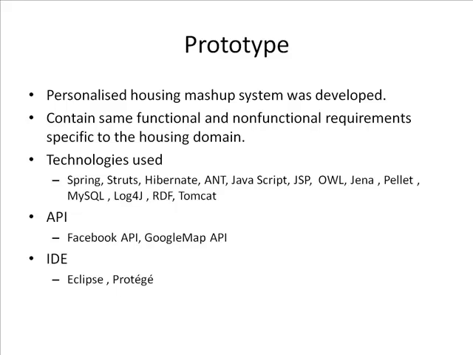A prototype mashup system was developed to provide personalized housing information based on the user information found in the Facebook profile. The mashup understands various user preferences based on the obtained user information from Facebook and provides personalized housing information based on the understood preferences. An ontology is developed to hold the domain knowledge related to the housing domain, and the user preferences are inferred